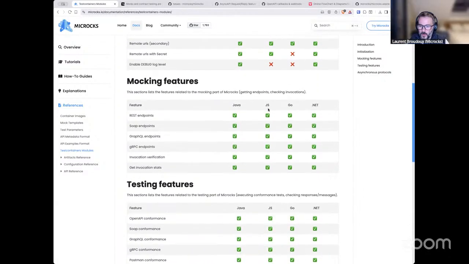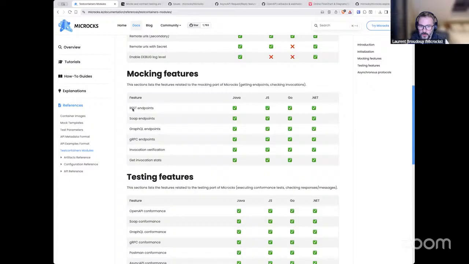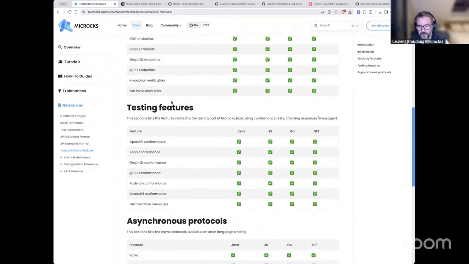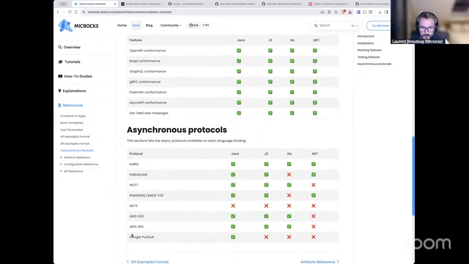We have added new lines: the ability to have debug log level, to use secrets for loading remote artifacts, and to have Google PubSub, here in green, thanks to Adam's contribution. It's probably coming in the .NET world as well, because Sebastian is also very motivated on this part.